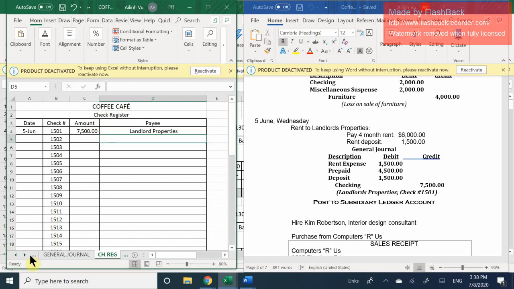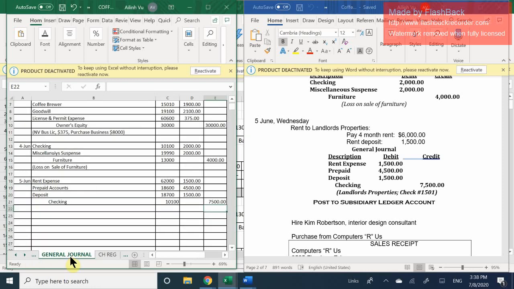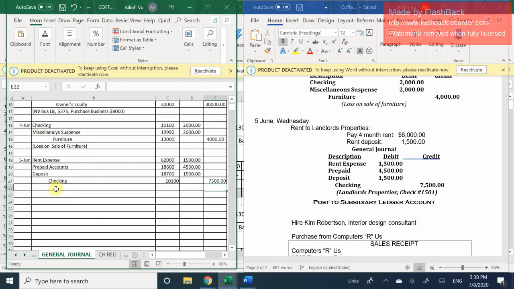Okay. So, how I like to put in my description is, I'm going to go ahead and go back to my journal. I'm going to indicate 3 things. Number 1, the vendor, which is my Landlord Properties. Second thing I'm going to do is what did I use Landlord Properties for? I did 4 months rent. And lastly, what check number did I write? I wrote check number